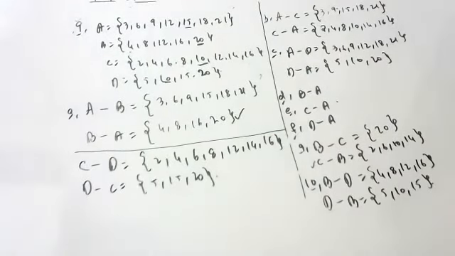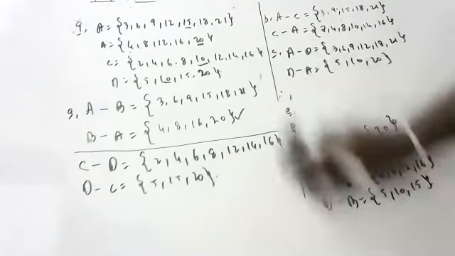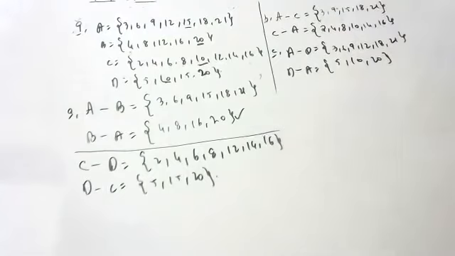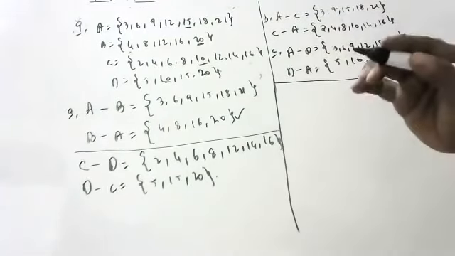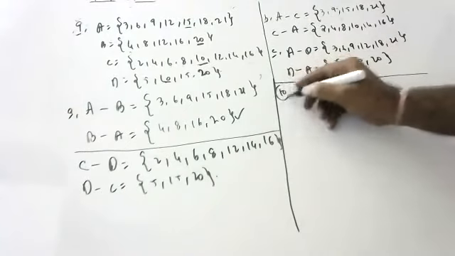That's it, children. So we have done so many questions. One more question we will do so that we can claim that we have completed 10 questions. Very small question, the 10th question. Please cooperate with me. I hope you are able to understand now. Minus you should understand carefully. Union, intersection, minus. You should be very careful. These are basic sums, children.